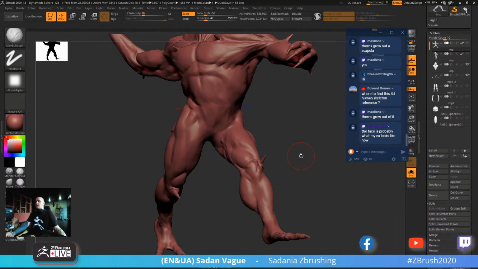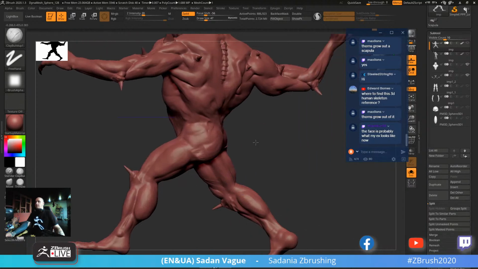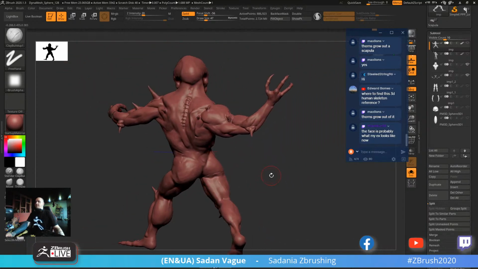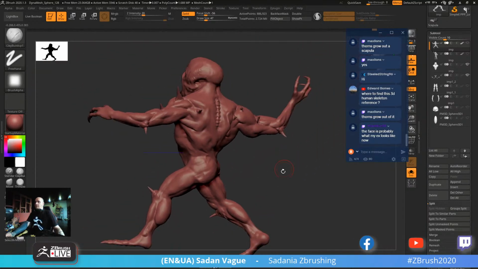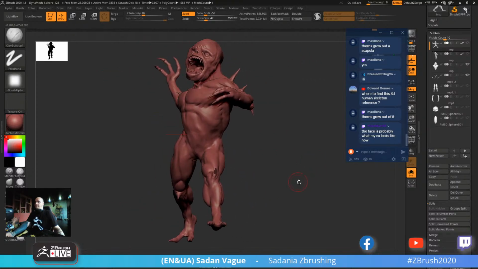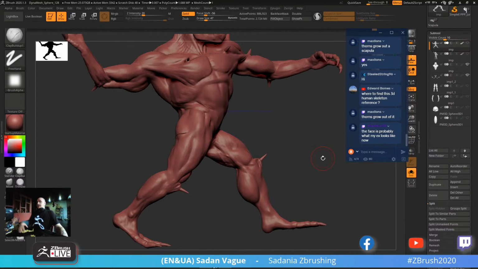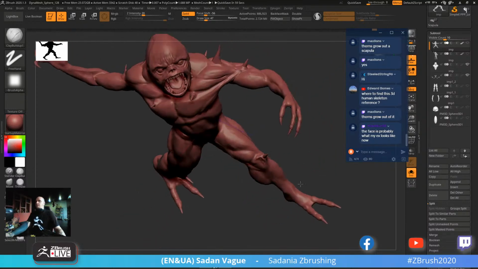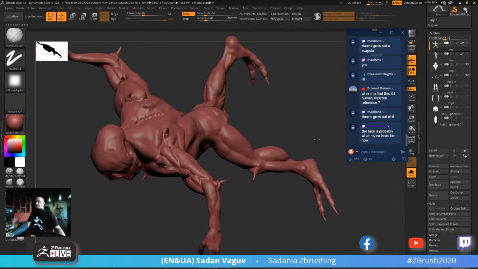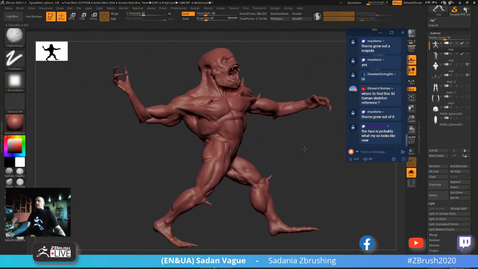So you need to take a look at a lot of different references of how a human body behaves when you're making different movements. Yep. So like that. And again, make sure you remember about the